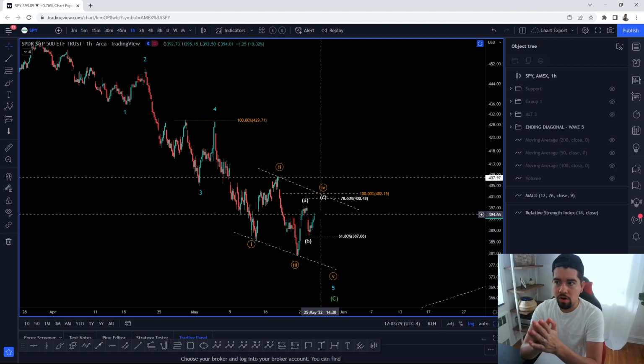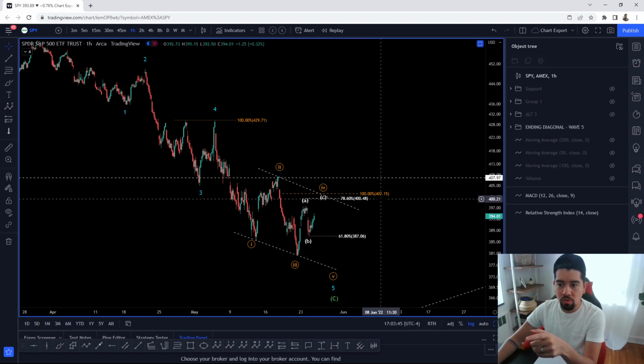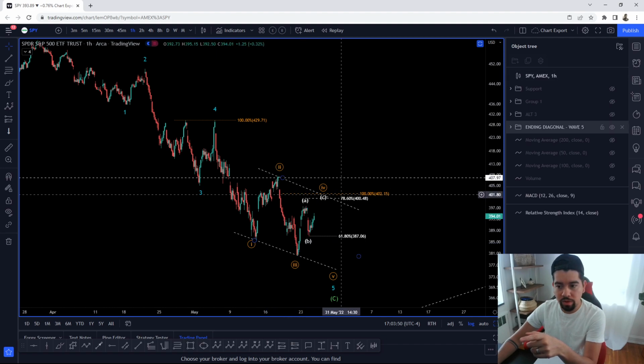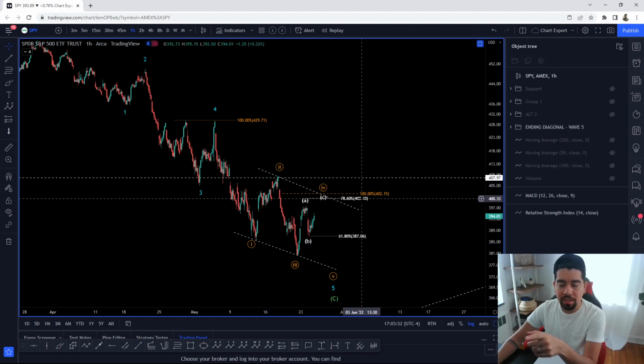So what are our hard line stops and our invalidations for this pattern? Wave 4 will be equal to wave 2, right? That's one of the guidelines. Wave 2 and 4 will be equal. So equality of wave 4 to wave 2 comes in at 402.15, which is 100% extension of wave 2 compared to wave 4. All right, 402.15. If we go above 402.15, then this count and this pattern is invalidated,